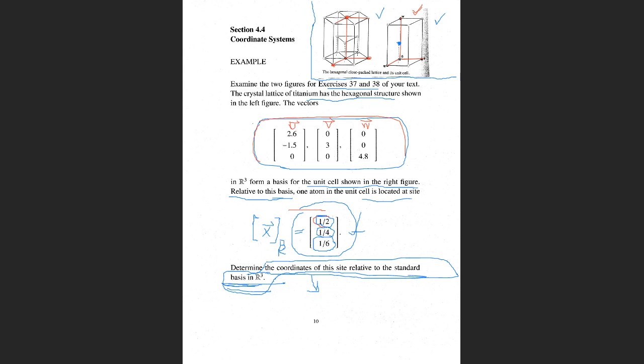Well, coordinates means coordinate vector, right? So coordinate vector,